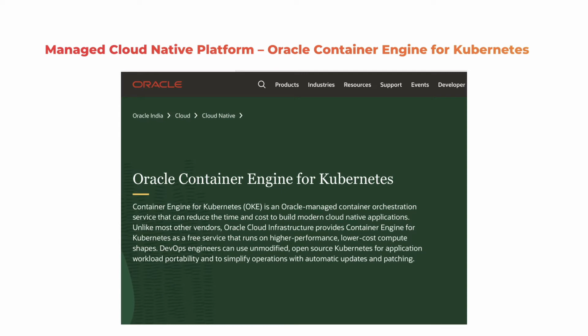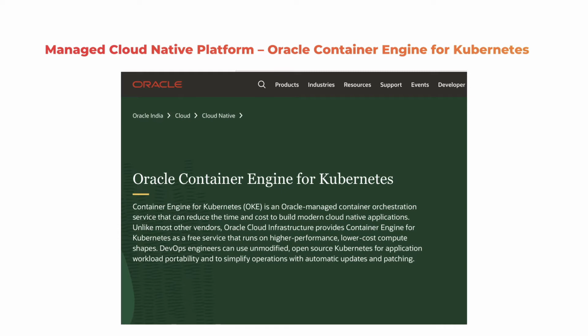When it comes to the cloud, there are many managed cloud native platforms, and Oracle Container Engine for Kubernetes is one of them. So Kubernetes is the foundation. It is the new operating system of the cloud. Now, instead of you setting up Kubernetes and managing the lifecycle of clusters, you can take advantage of managed offerings provided by cloud vendors like Oracle. So on OCI, there is a managed Kubernetes service, which is called the Oracle Container Engine for Kubernetes. With a couple of clicks, you can provision your cluster and start using that for deploying, scaling, and managing your microservices and cloud native applications.